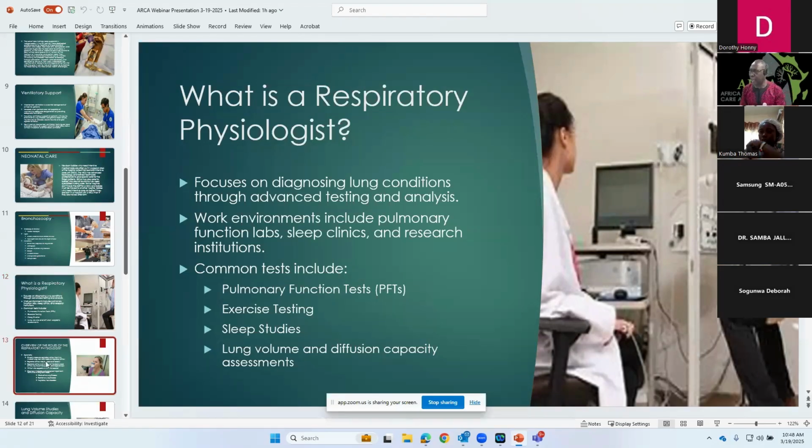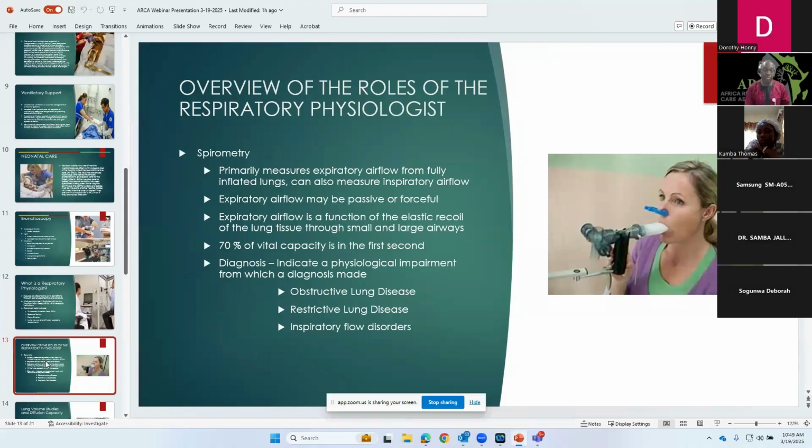Now, in a physiology lab, which we call a pulmonary function lab in the United States, a patient is connected to a machine. Inside the machine is a box, and the box has a known volume, so you can measure all the volume in the patient's lung. That's how you can diagnose if the patient has an obstructive defect, which could include asthma, chronic obstructive lung disease, or emphysema, or any kind of restrictive disease, which could be like sclerosis.